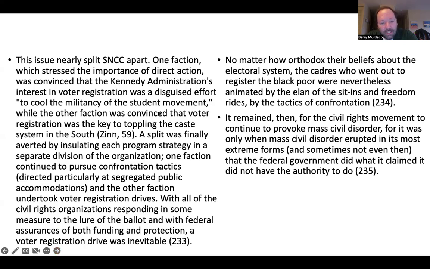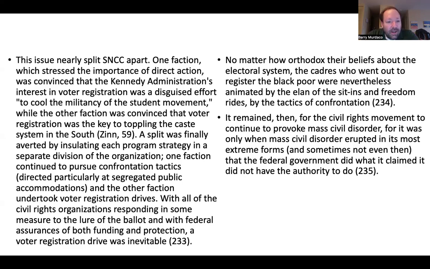these movements. Now, this is a fairly long quote here. I'm not going to read the whole thing out, but basically, the attempt to redirect the movement into voter registration was a big deal. It actually caused a lot of internal tension and strife, basically, because leaders were not all in agreement on this. Some, of course, obviously wanted to continue to take the direct fight against segregation.